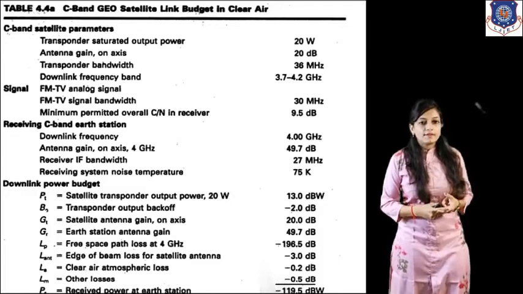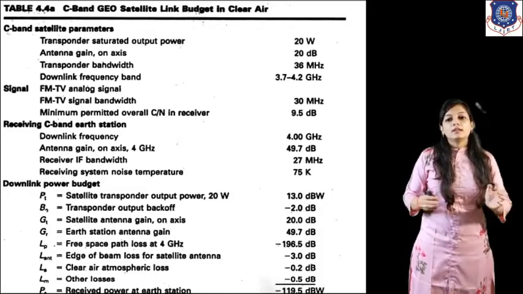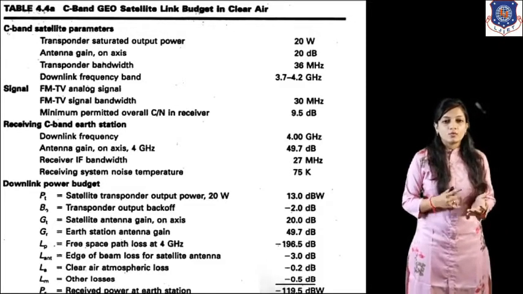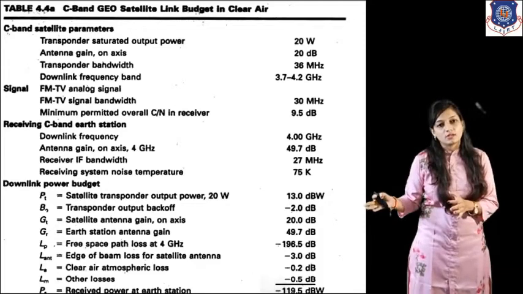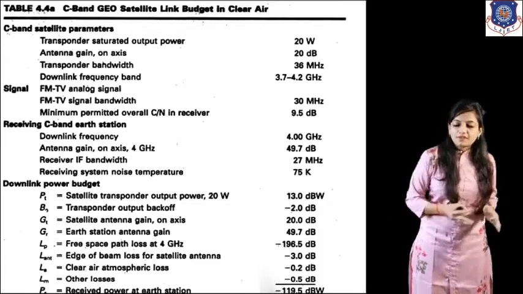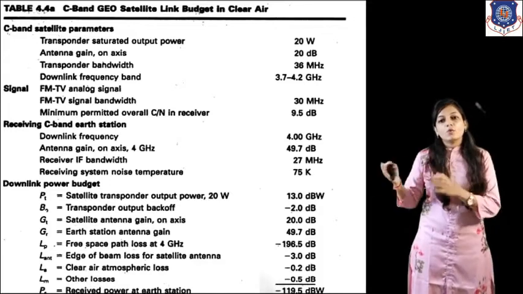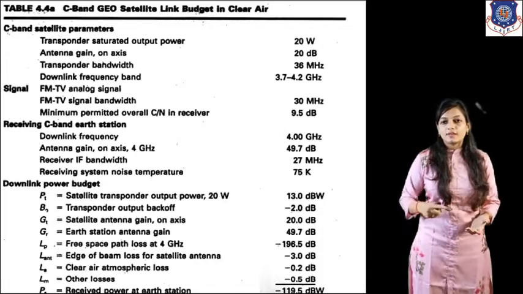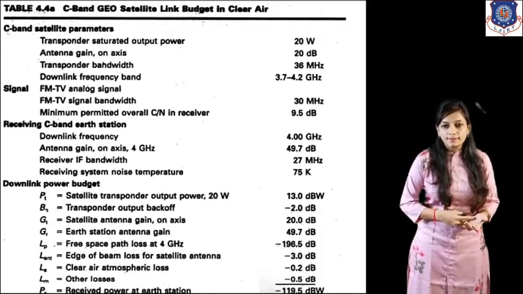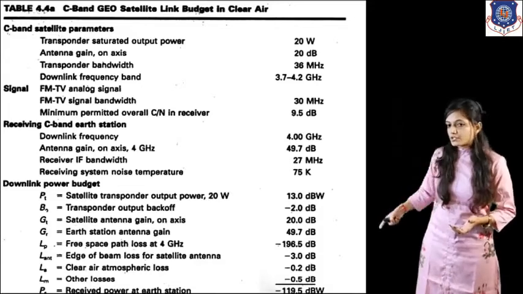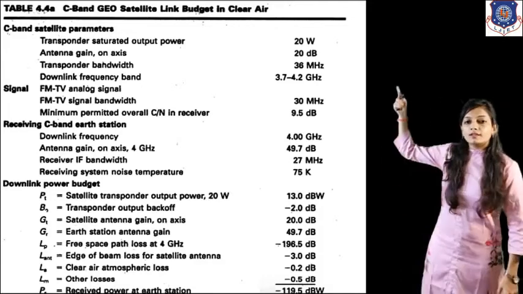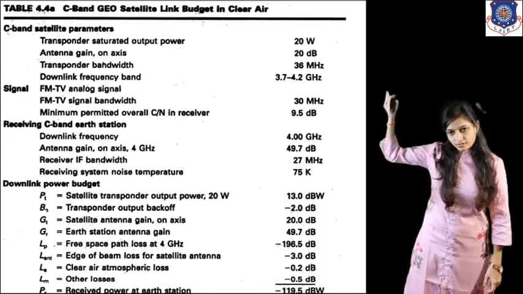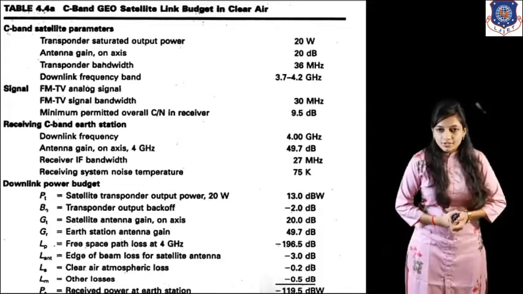Over here we use C-band. We know that there are different microwave bands starting from L, S, C, X, Ku, K, Ka, each with a specific frequency range. For satellite communication we use the C band and Ku band. Nowadays we are working on the Ku band, right? But the example given here is C band, and the satellite used is GEO, that is, a geostationary Earth orbit satellite, right? This is the tabular way to calculate the link budget equation.